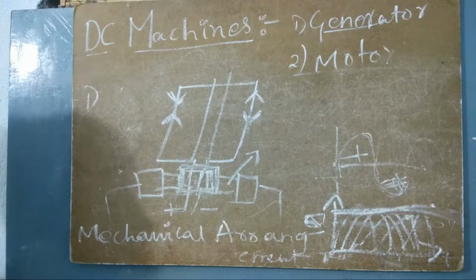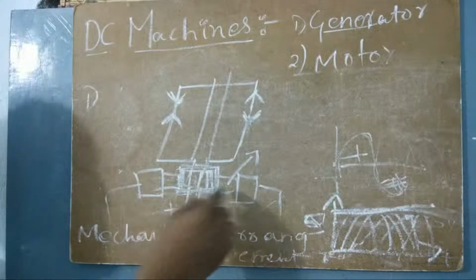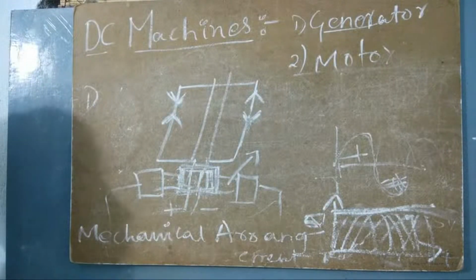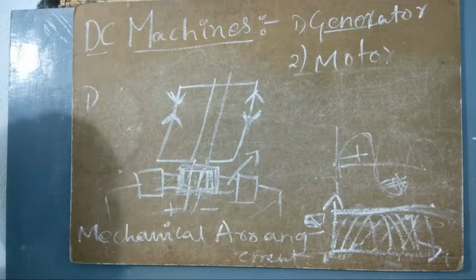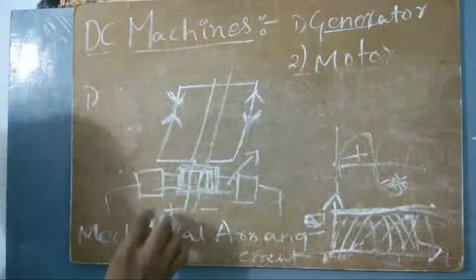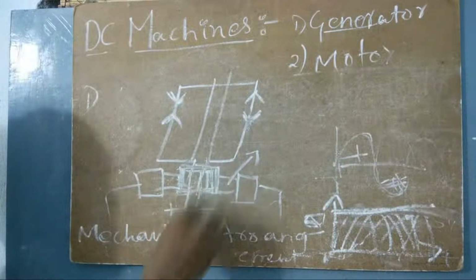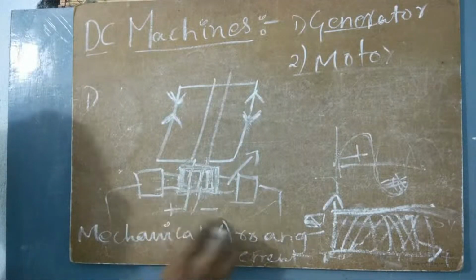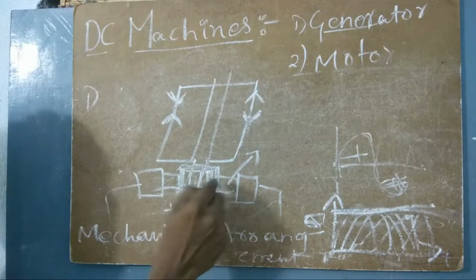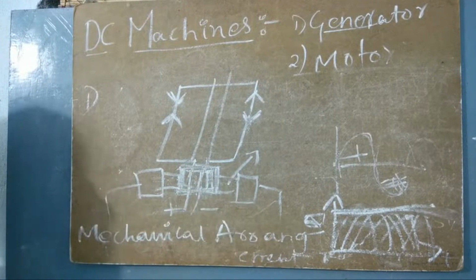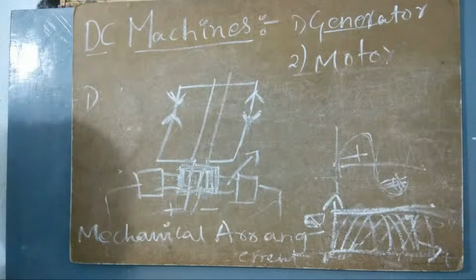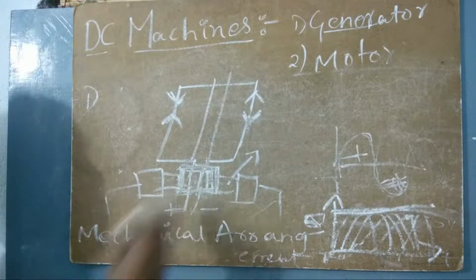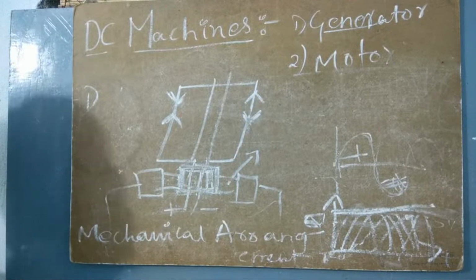Why are only carbon brushes used? You can answer this one. Carbons are used because it is a very soft material, so it does not damage the commutator strips, because on this commutator there will be strips. If instead of carbon we use any other material, it will hurt the strips, they will get damaged, and we will not be able to collect the electricity.